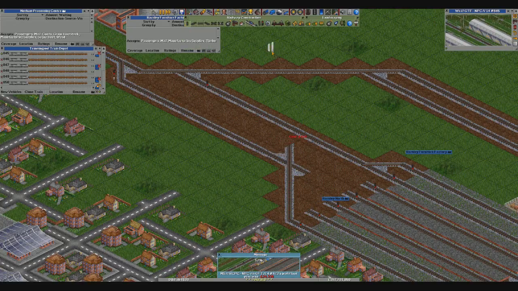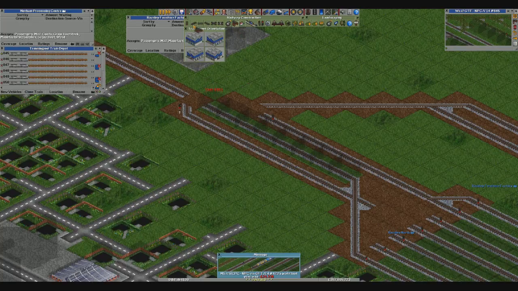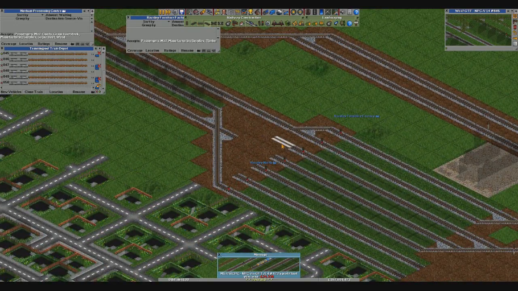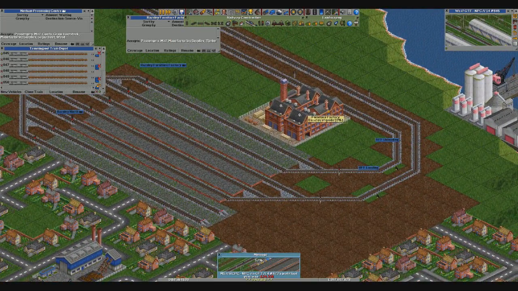And then 1, 2, 3, 4, 5, 6, 7. Oh, that's annoying. That is annoying. Okay, I can fix that. 8. So that goes there. That goes there. And I'm going to have to do some jigging around here because I realise I've just got this wrong. Because these are the loading platforms that I've just put here, and not the unloading platforms. But that's fine. That is fine, because with a little bit of jigging,